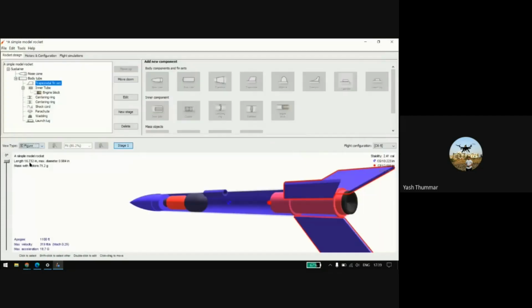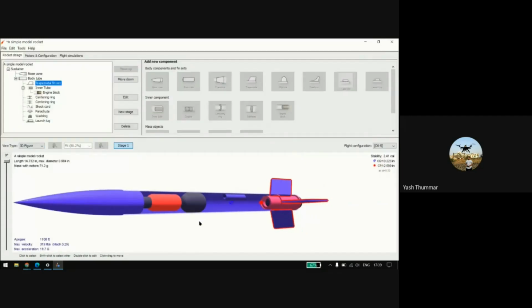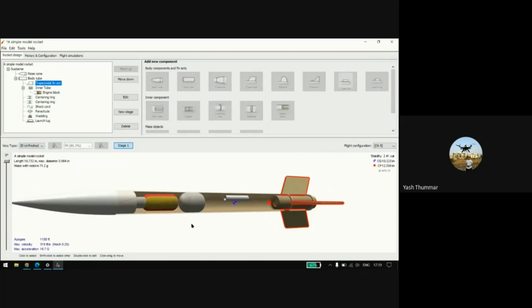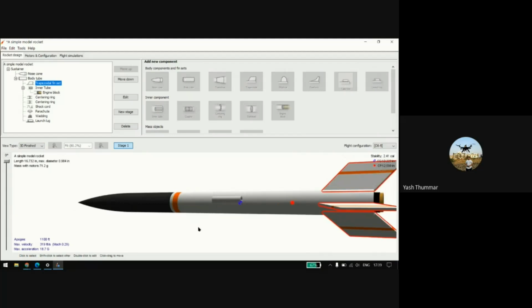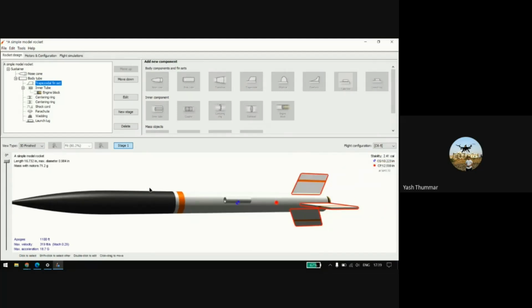This is a 3D figure, and the unfinished 3D. Whatever material you apply, whether cardboard or polystyrene, it shows directly. And now it's a packed 3D finish, so it will completely look like the appearance we give.